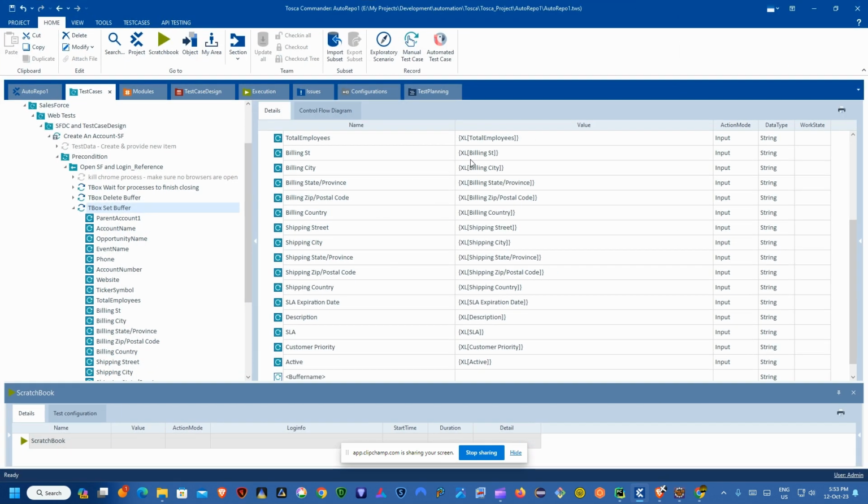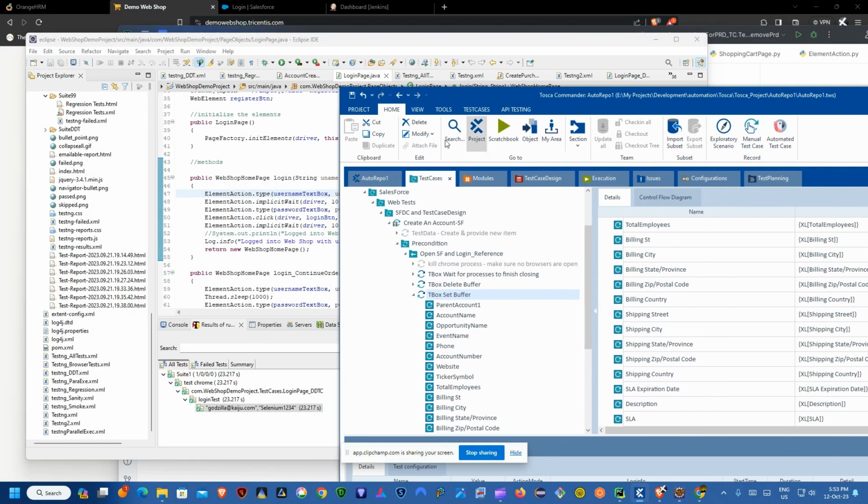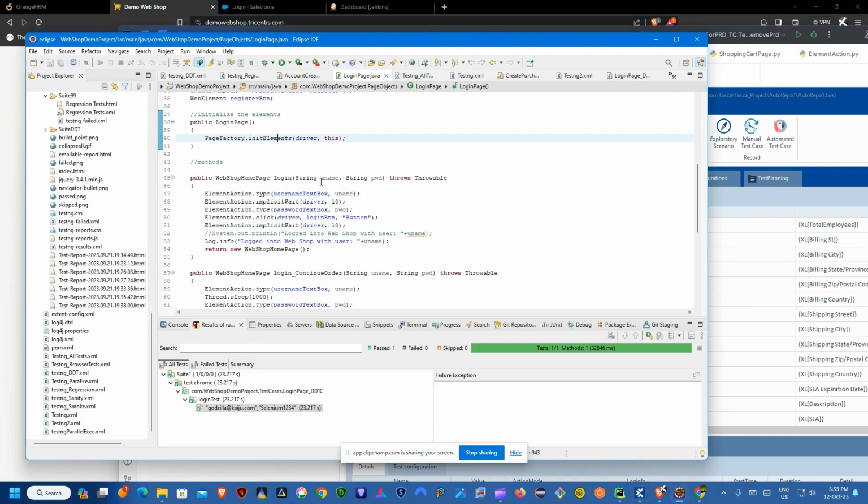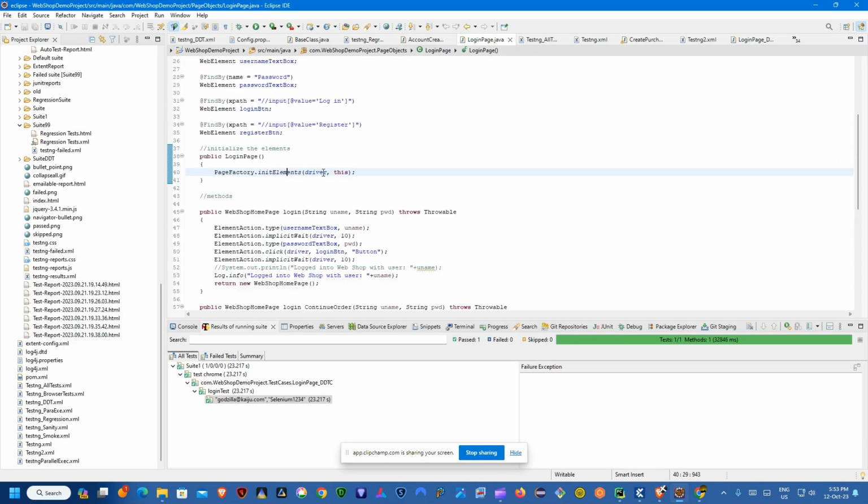This Excel is for the data testing, which I'll show you here. And Tosca's approach to data-driven testing is all built within the tool. It's pretty slick that way, as opposed to Selenium Java, where you've got to bring in your data providers and build out the